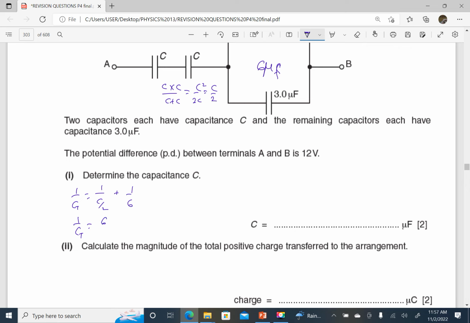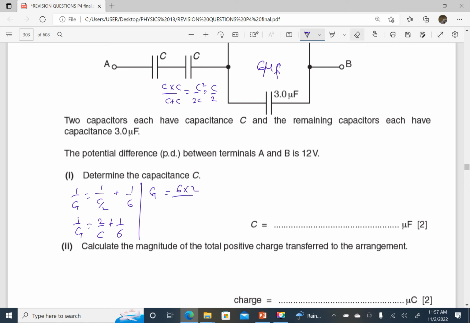That will be 6 times C over 2 divided by 6 plus, sorry, let me just do it mathematically, the way mathematicians do, because I know some PCB students may fail to solve this. So this is going to be the same as 2 over C plus 1 over 6. Then you get C total is going to be the product over sum, that is 6 times 2 over,